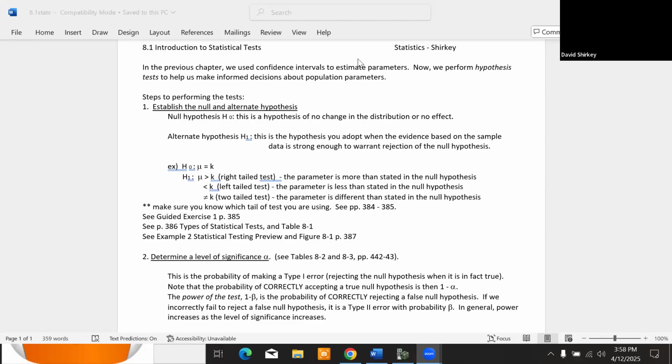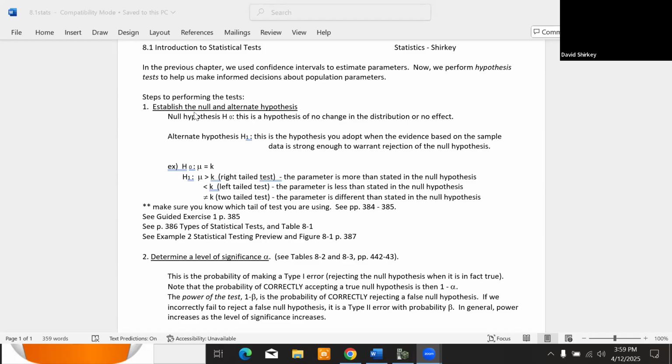All right, we're in section 8.1, Introduction to Statistical Test. And in the previous chapter, we were looking at confidence intervals to estimate parameters. Now we're performing what are called hypothesis tests to help us make informed decisions about population parameters. So here's the steps that go into